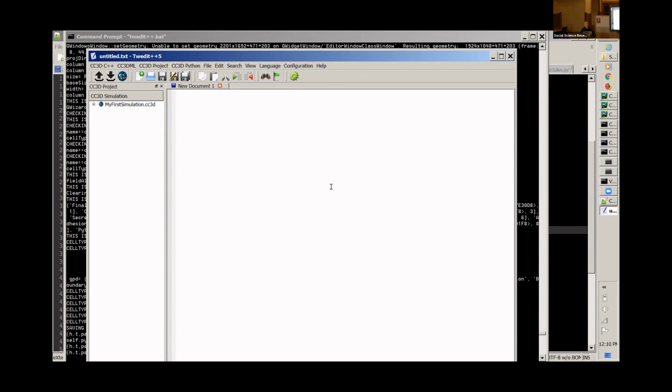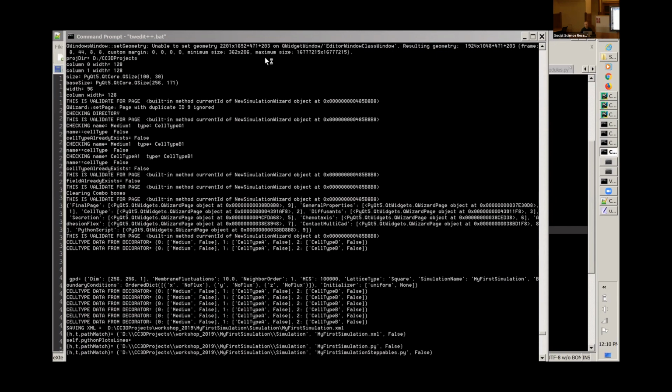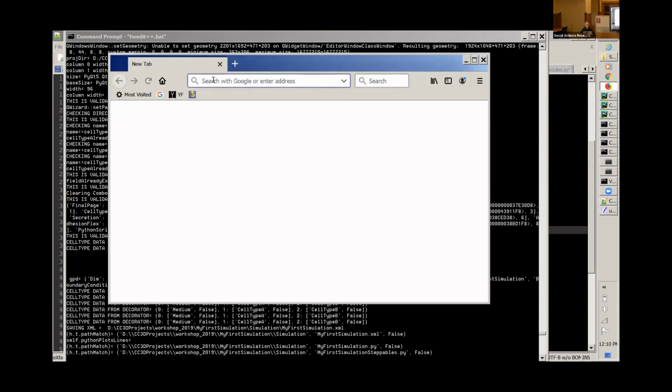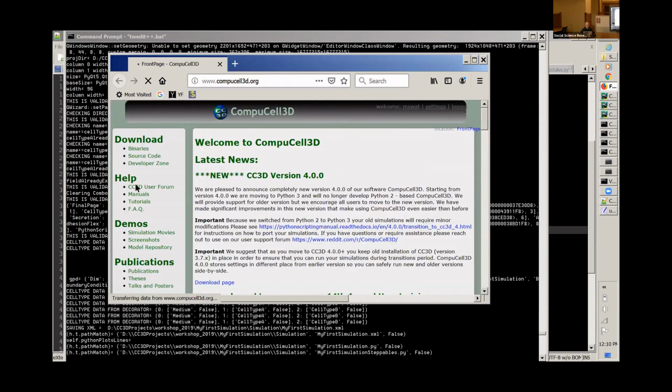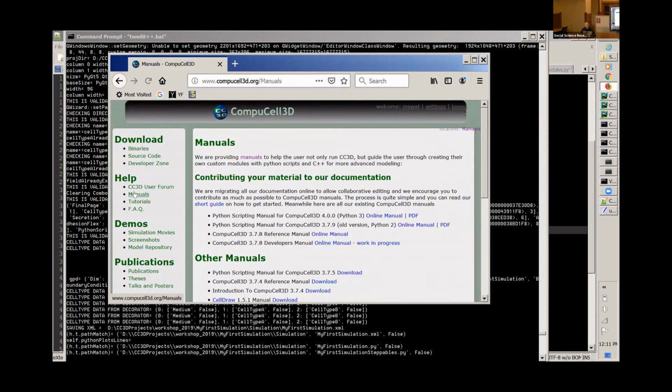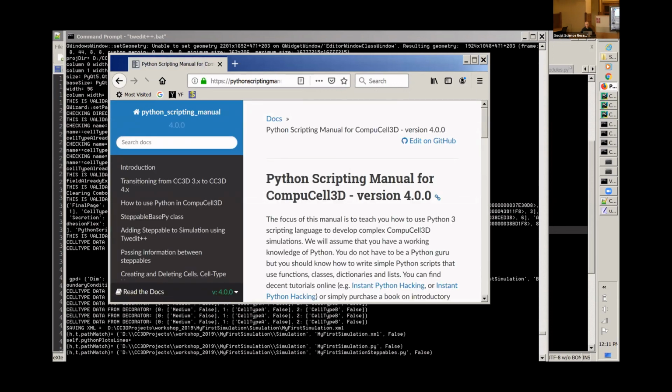Another question, so I know that everybody is waiting for lunch and I don't blame you, but there was a question about manuals. Where is this material stored? Well, if you go to the CompuCell website, CompuCell3D.org, and you go to manuals, everything that I'm talking about right now is stored in this online manual. It's called Python Scripting Manual for CompuCell3D. Its name can be a little bit deceiving because it has way more than just Python scripting, but essentially,